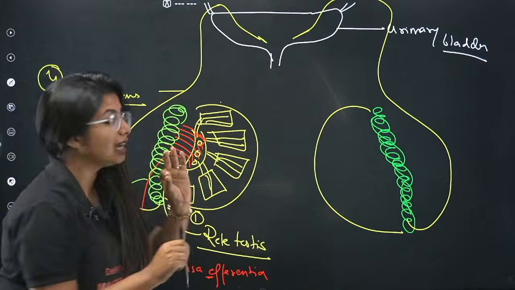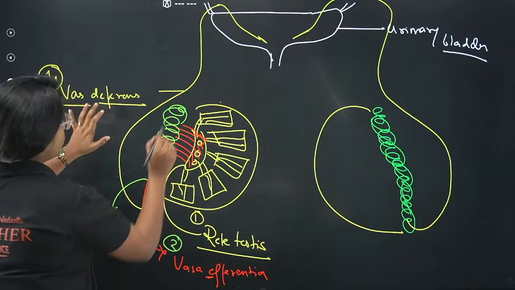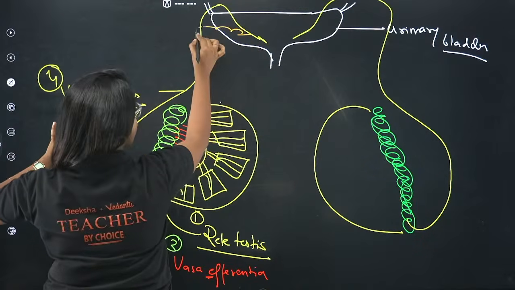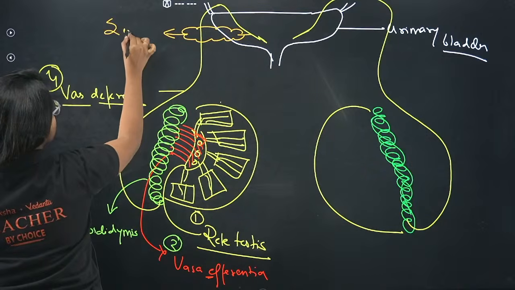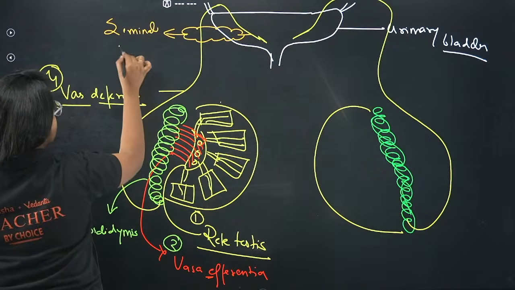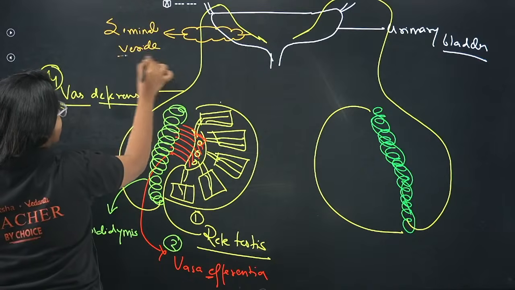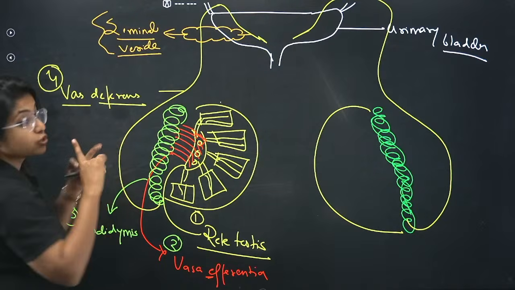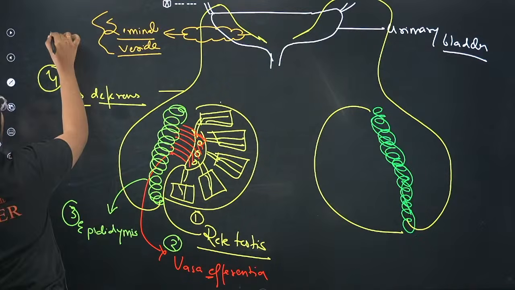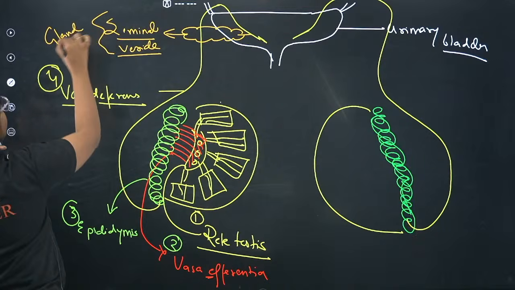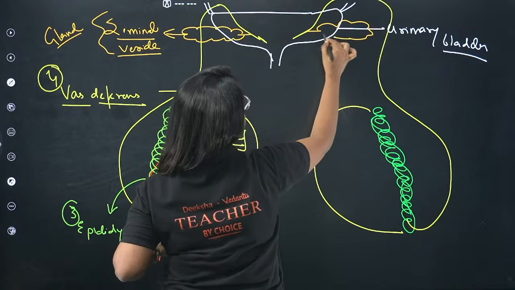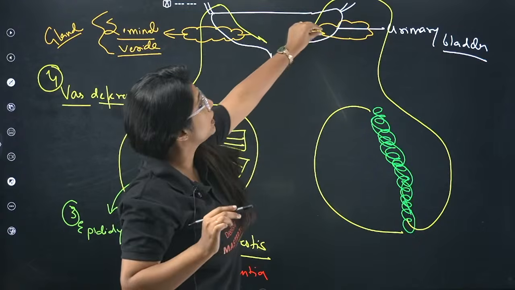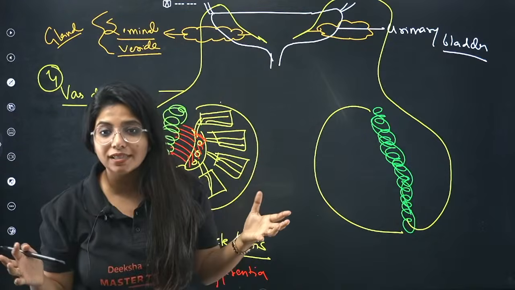So the first gland that you have over here has a specific name. It is known as the seminal vesicle, and please know it is not a duct. It is going to be what? A gland. It is going to secrete something. Similarly here also you have this gland, and this gland is trying to secrete a certain thing over here. What is this certain thing?